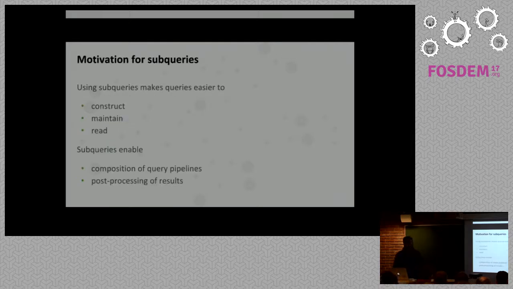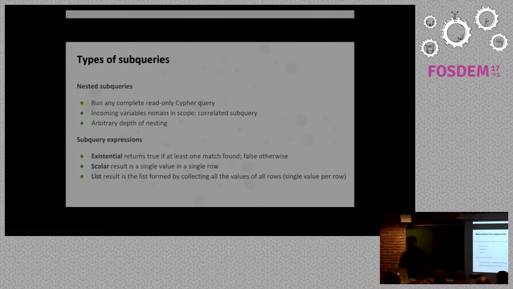Cypher already has some forms of subqueries, but we want to generalize this and make this better than what we have today. And why is it a good idea to have subqueries? Well, it makes it easier to construct, maintain, and read queries. And as I already said, subqueries enable composition, they enable post-processing of results. So the types of subqueries that we want to look at are nested subqueries that basically run any complete